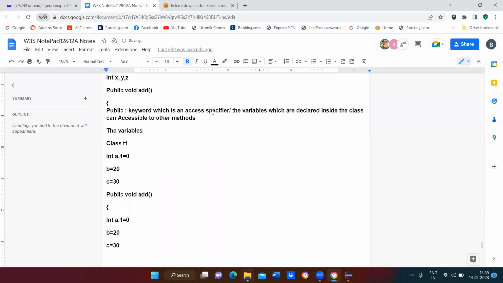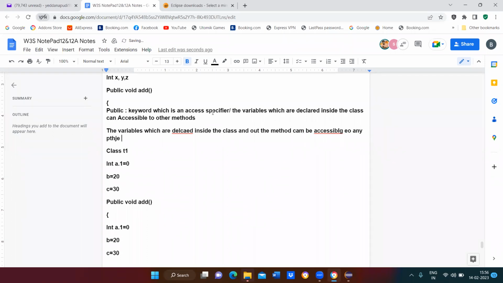The variables which are declared inside the class and outside the method can be accessible to any other methods in the same class.